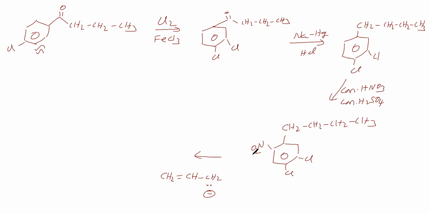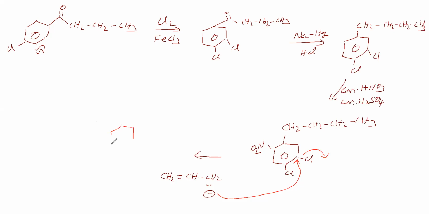But the nitro group is there. This nitro group acts as an electron withdrawing group. This nitro group can show a minus R effect. Due to the minus R effect, it creates a positive charge at this place. Therefore, the nucleophile can attack here and Cl minus leaves. So this nucleophile is attacking this carbon and Cl minus is leaving, because the NO2 group is showing a minus R effect. Because of the minus R effect, this carbon gets a positive charge. Therefore, this nucleophile attacks this place, and Cl minus is leaving.